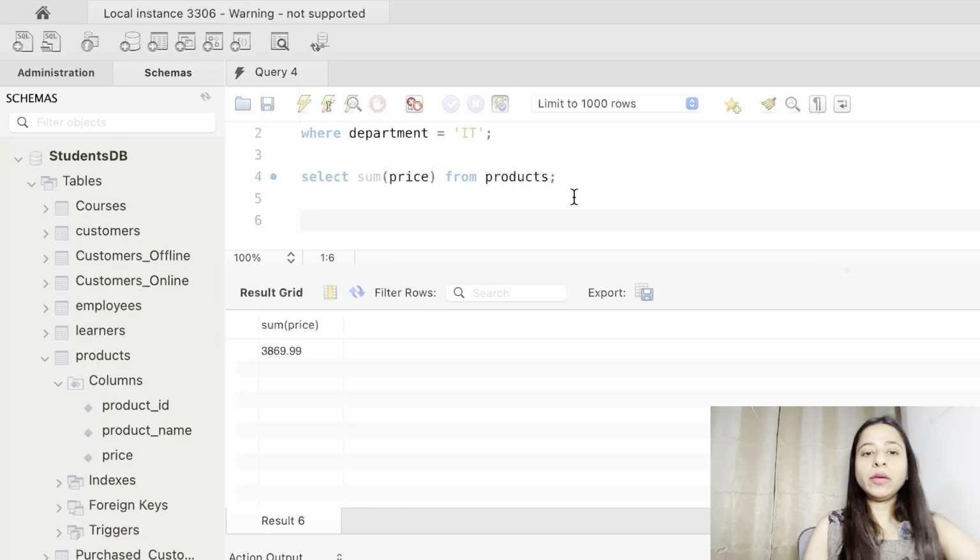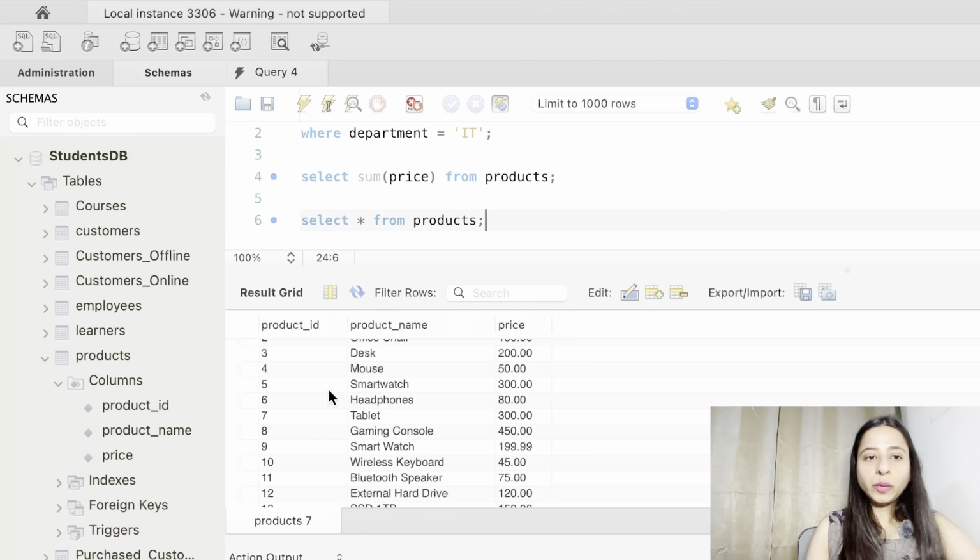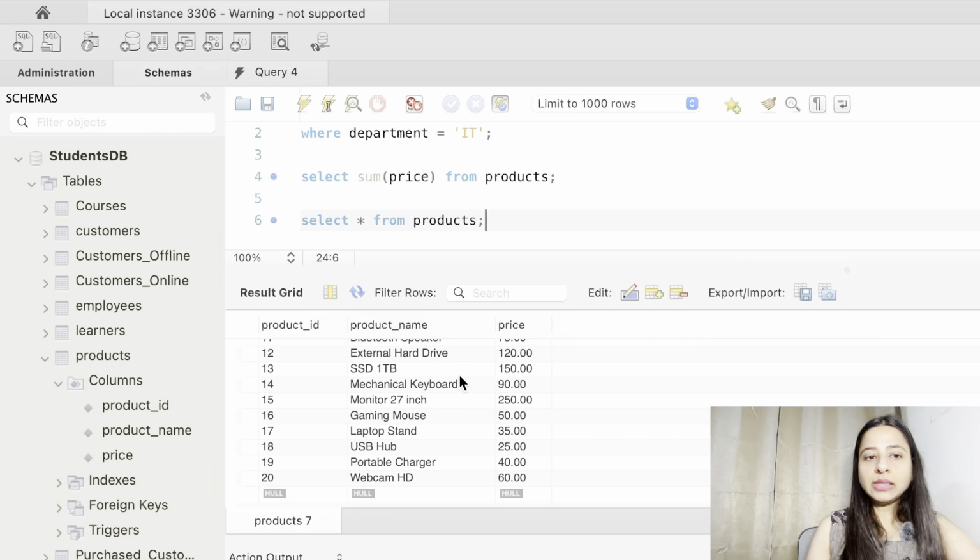So this sum function helps us add up all of the values in any column. Now let's see if we have any product which is written twice, or any duplicate products with, let's say, any of the price, so that we can use it in the WHERE clause. Let me write SELECT * FROM products to see what we have in the products table. We have product ID, product name, and the price.